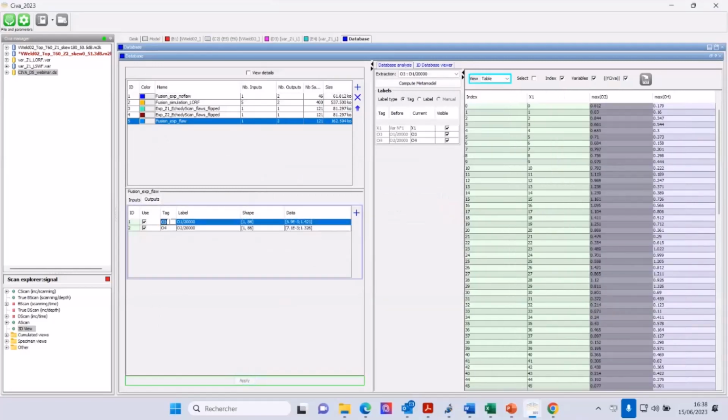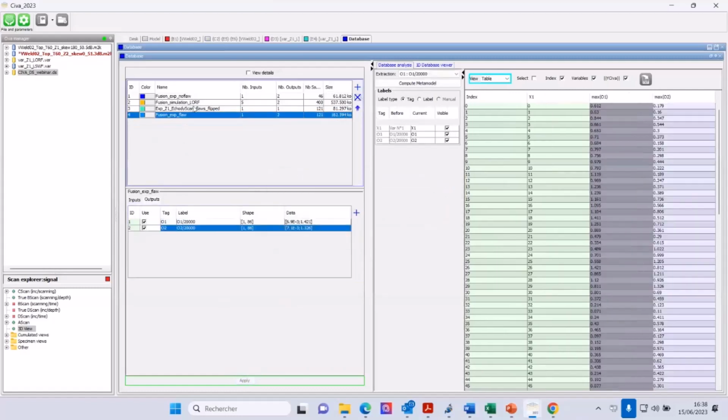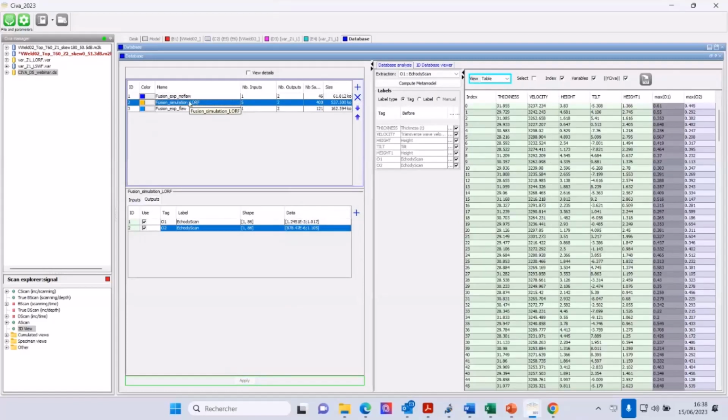Okay, this is my one, my two. So I have my experimental flow, experimental no flow, my fusion with my simulation of this flow, of root. And then again, I need to do the same thing for my other simulation.